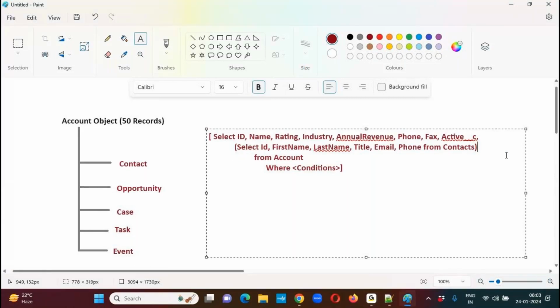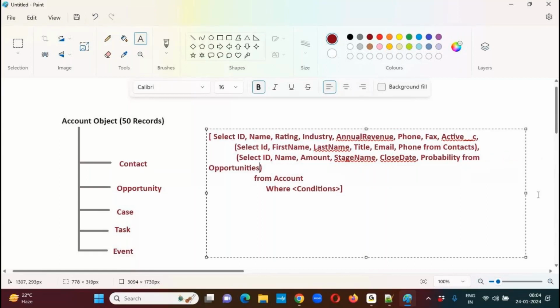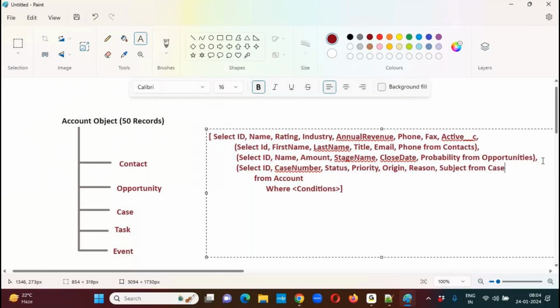Next, in a similar way, I want to get the related opportunities also. After this query, put a comma, then write that query. Select the ID of the opportunity, name, amount, stage name, close date, probability, from what? Opportunities. Okay, plural format, comma. I want to get the related cases also. Select the ID, case number, case status, case priority, origin, reason, subject, from cases,